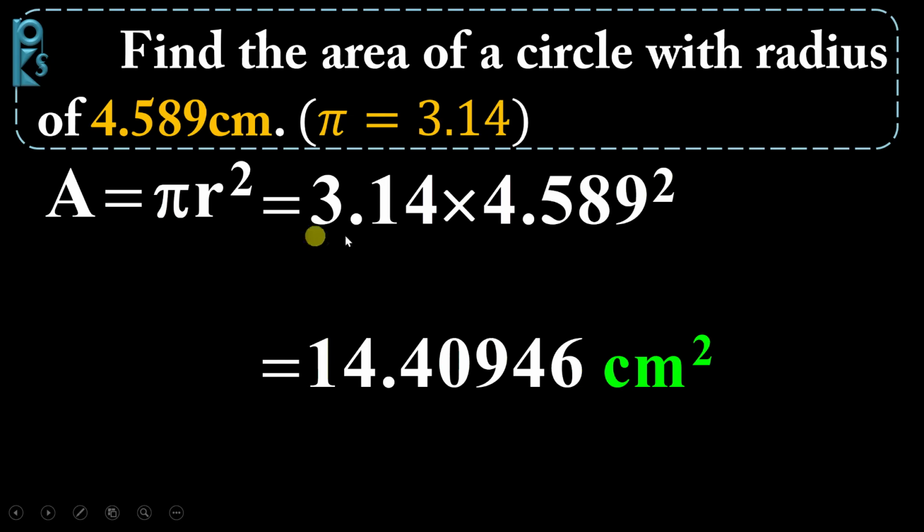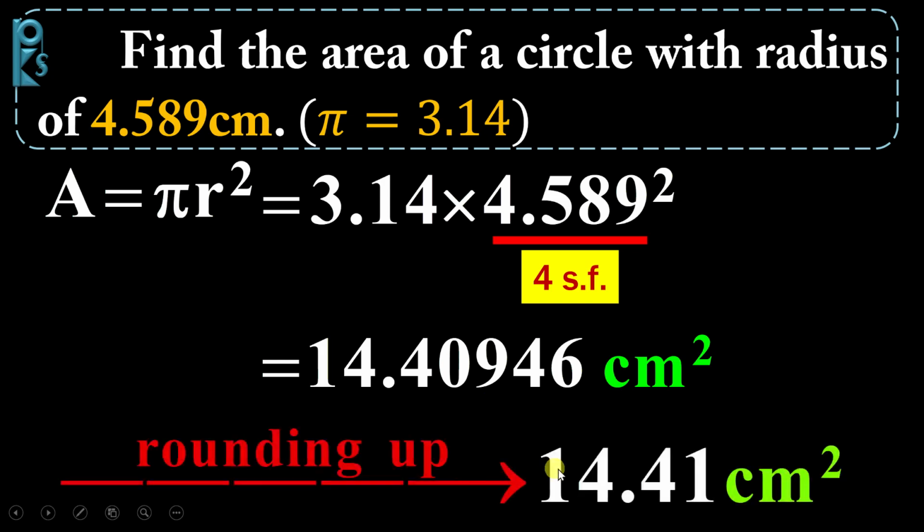The first term is pi. Pi is not a measured quantity, so it doesn't have any significant figures. Pay attention, this is a very important note. So I will concentrate just on the second term, which is 4.589 multiplied by 4.589. It has 4 significant figures, so the answer must have just 4 significant figures. As 9 is greater than 5, it's rounded up, so the answer will be